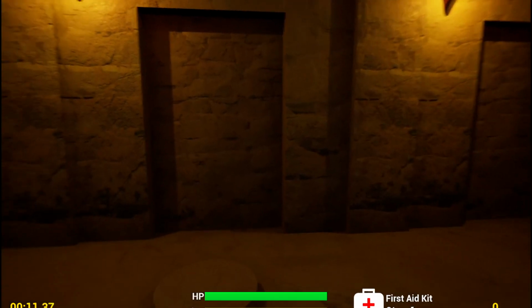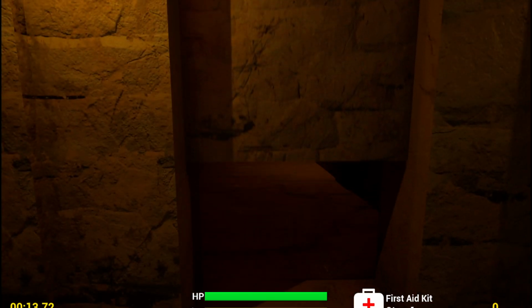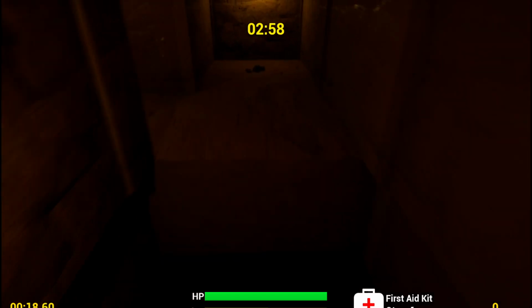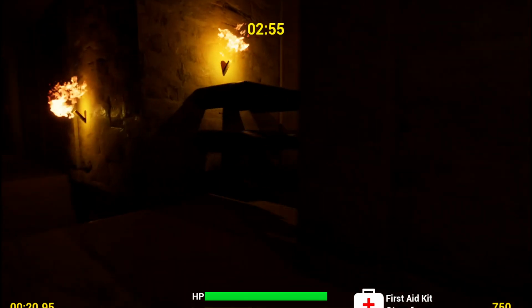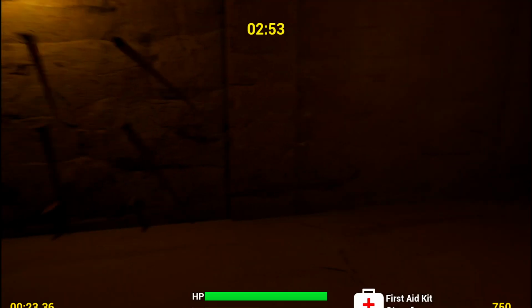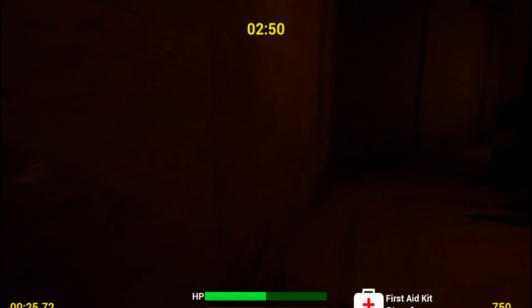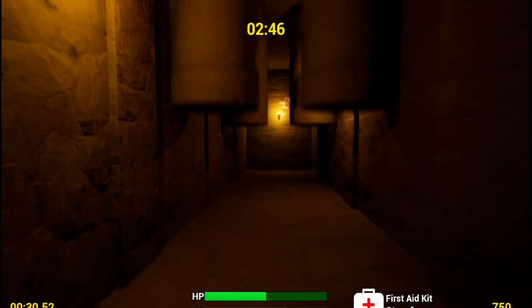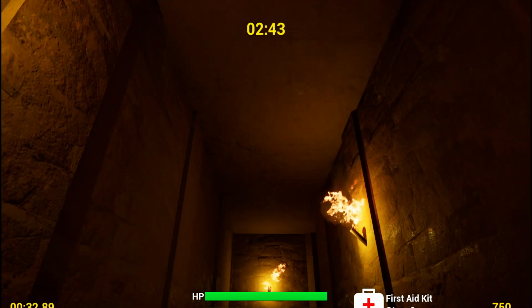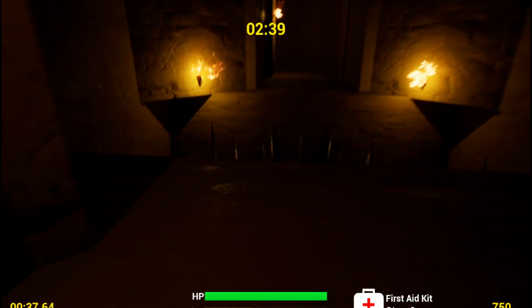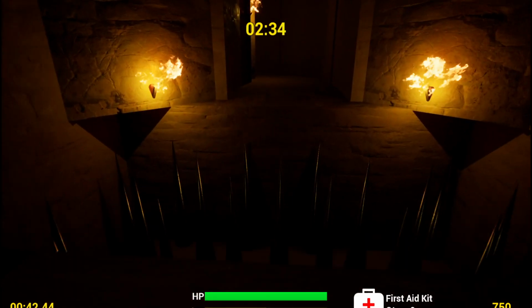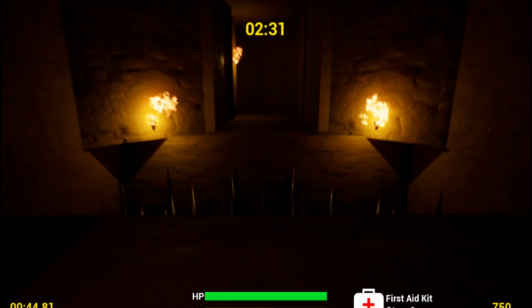So essentially, this is the easy route. But it really is easy. You'll see how easy it is. Okay, so you have to wait for the stamina to regenerate to make these jumps. I timed it and made the variables just the right amount.